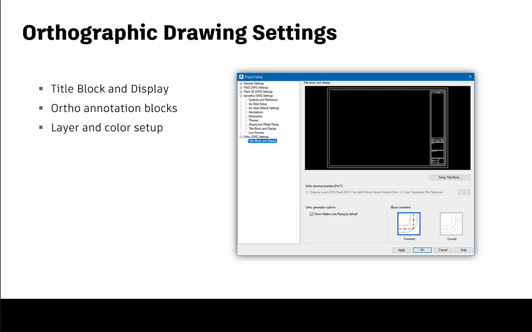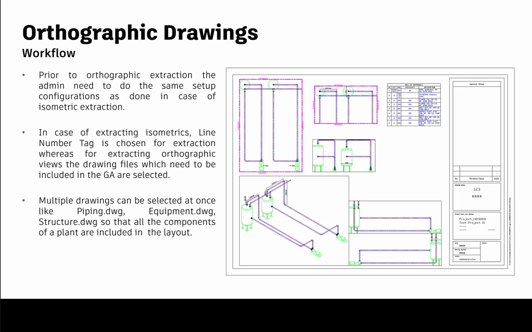And you can also configure your layer placements for your different object categories and the colors that have been used for the layer. So in case, for example, when extracting isometrics, the line number tag is chosen for extraction, whereas for orthographic views, these drawing files need to be included in the general arrangement drawings. And you need to select those drawings first prior to the